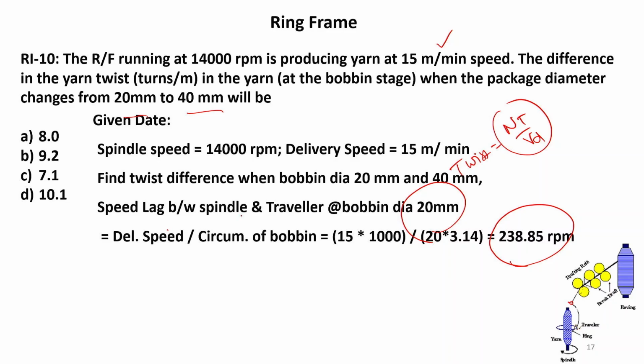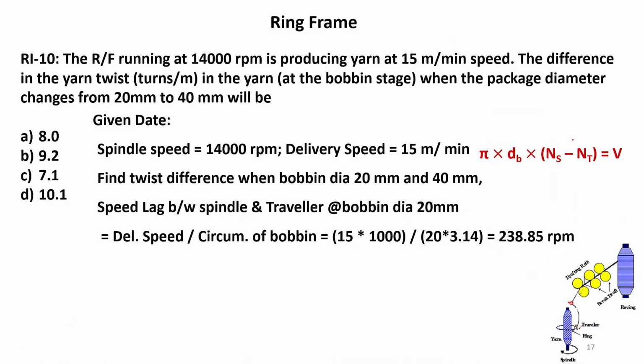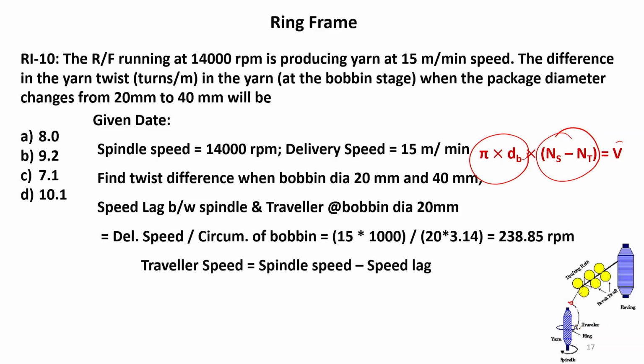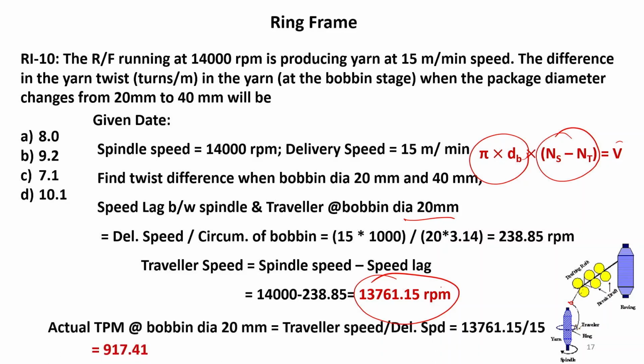So, delivery speed by circumference of bobbin is the lag, and traveler speed is the spindle speed minus lag. At 20 millimeter bobbin diameter, the traveler speed is 13761.15, and actual TPM at bobbin stage will be traveler speed by delivery speed. So, it will be 917.41